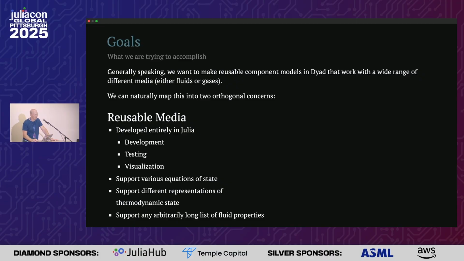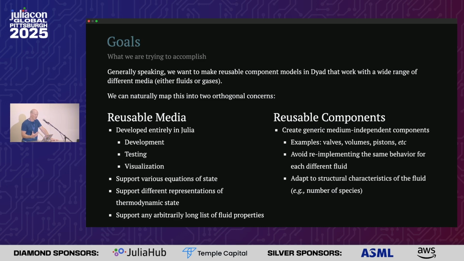And then we want to be able to support arbitrary collections of properties that we want to evaluate as well. And on the other side of this, we have reusable components. So there's the model of the media, then there's the actual model of the components, like valves, control volumes, spools, things like that. There, we want to create generic medium-independent components for valves, volumes, pistons, things like that, and avoid re-implementing that same behavior over and over again just for different fluids, because it turns out that this behavior is pretty much independent of the fluid, with the exception of a few points,